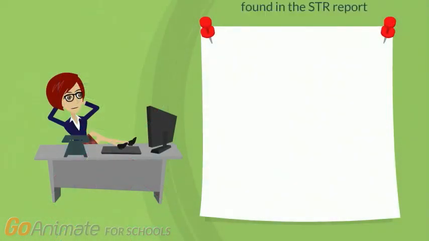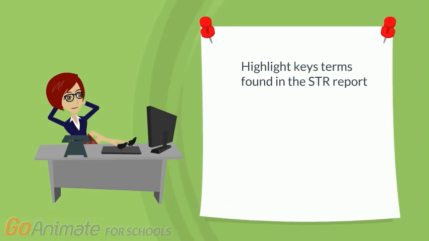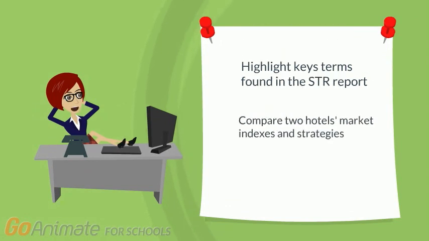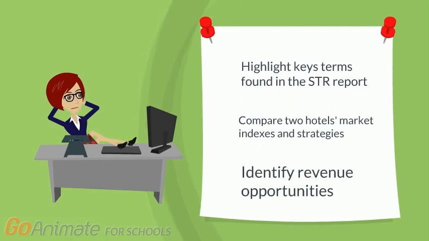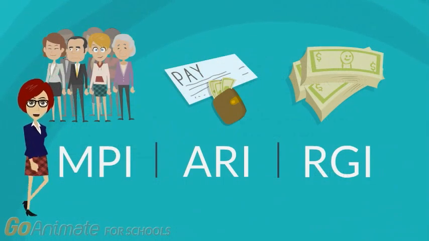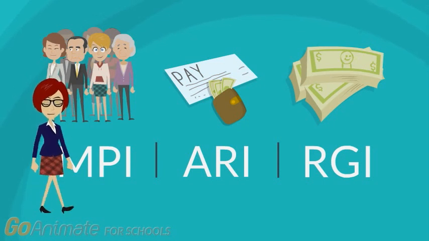We will cover three objectives. The first, to highlight key terms found in STAR. The second, to compare two hotels' market indexes and their strategies. And third, to identify revenue opportunities from the results. So let's get started. When looking at your STAR report, also called market indexes in the RevSIM, there are three